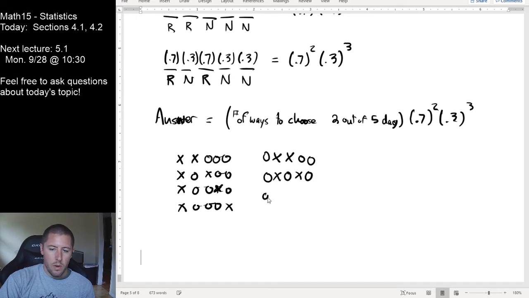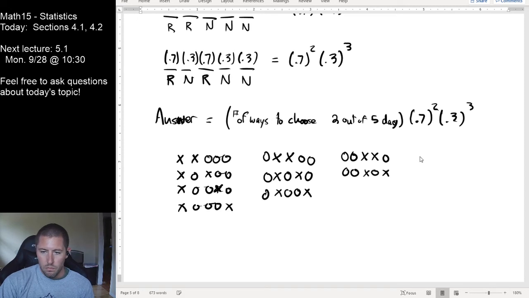Thursday could be the second one. Friday could be the second one. Those are all the ways that Tuesday could be the first rain day. All the ways that Wednesday could be the first rain day. Well, Thursday could be the second, or Friday could be the second. And finally, all the ways that Thursday could be the first rain day. Well, then Friday has to be the second one. So it looks like what we're seeing is there are 10 possible ways